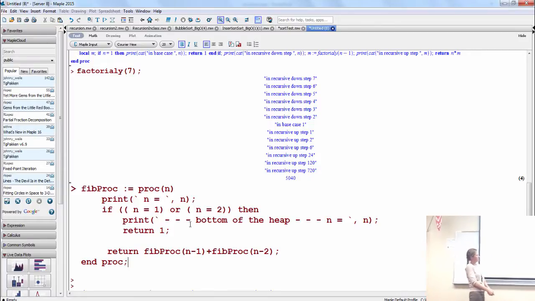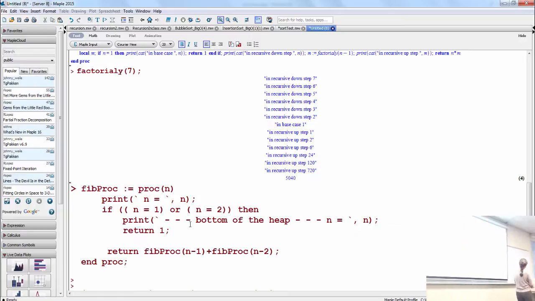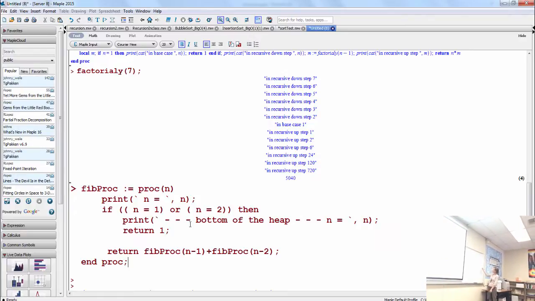But looking at our recursive sequence, what we're returning here is this guy plus this guy. So it's n minus 1 plus n minus 2.